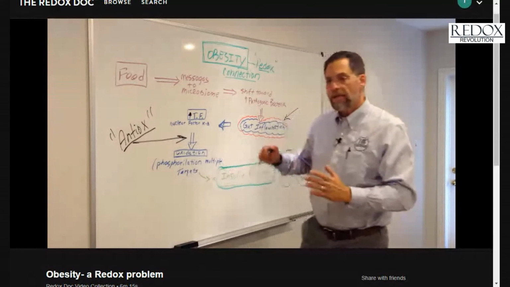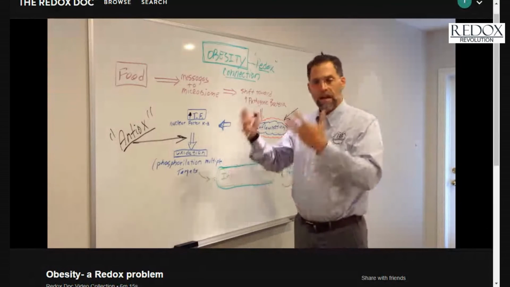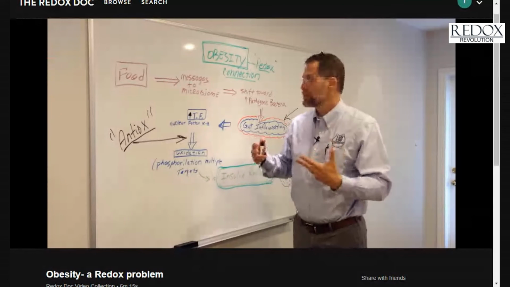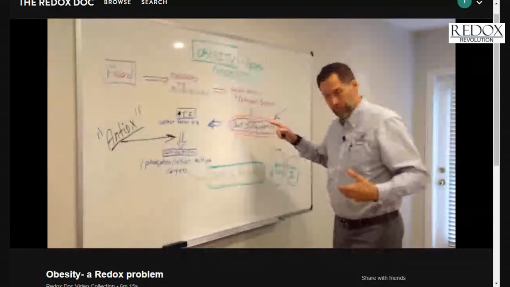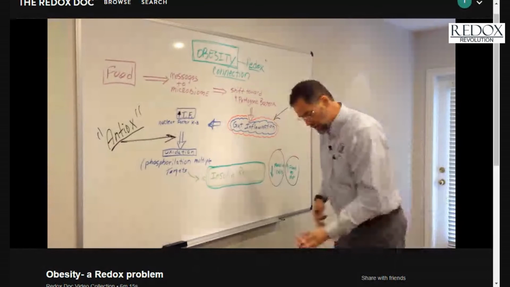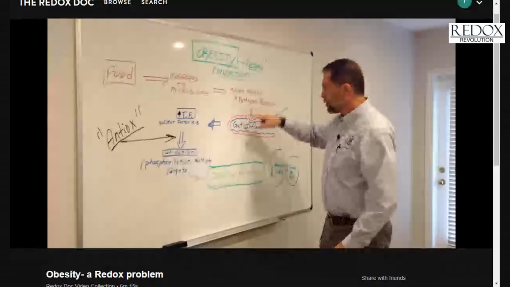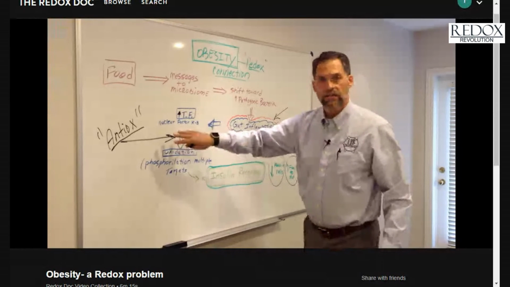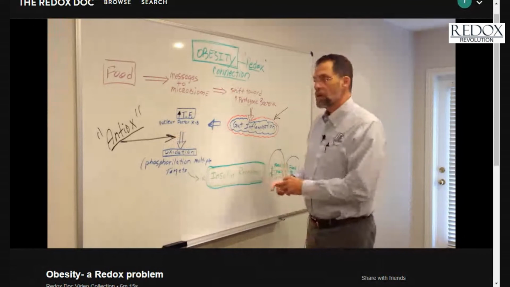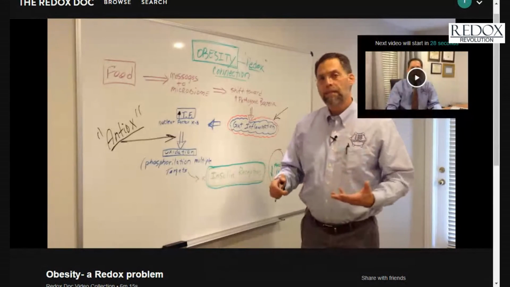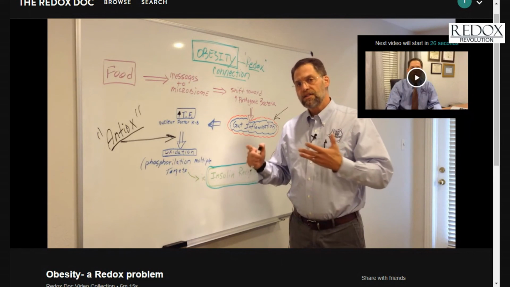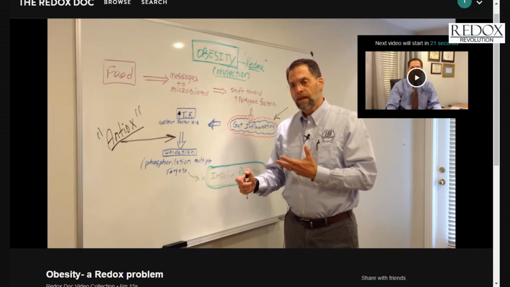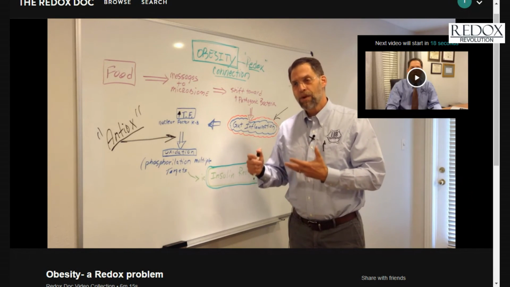So when we have a balance in our redox chemistry by providing our body with outside resources of balanced redox molecules, we have an opportunity to support the good germs, cut down on inflammation, and activate our antioxidants. By doing so, we can open up our metabolic pathways, help our bodies stay in balance with regard to our food intake and our burning of fuels, and that will lead to fewer problems with weight gain.